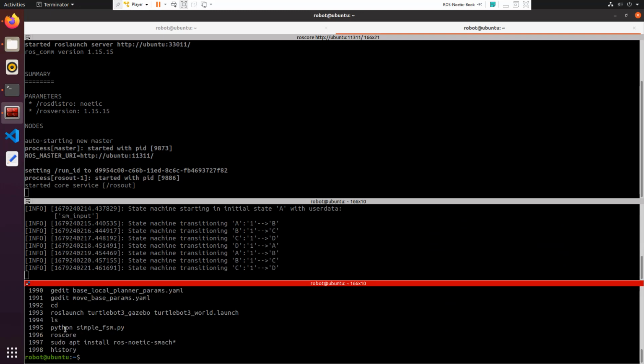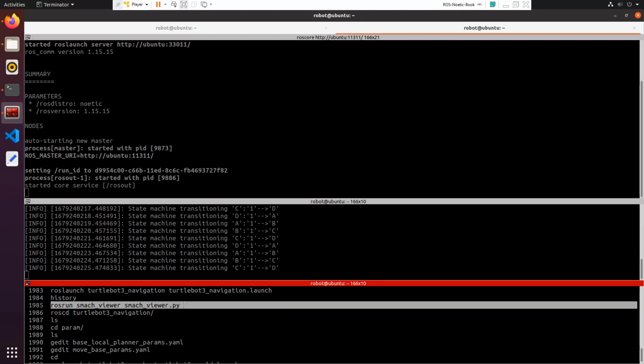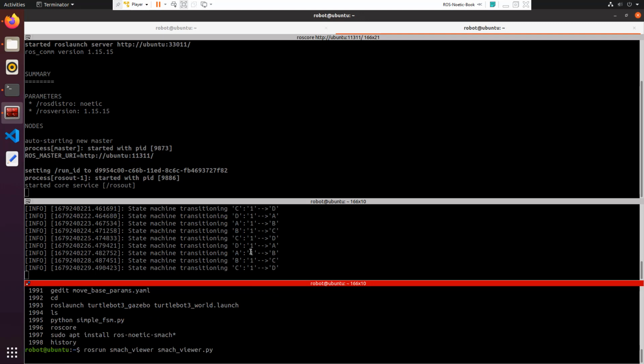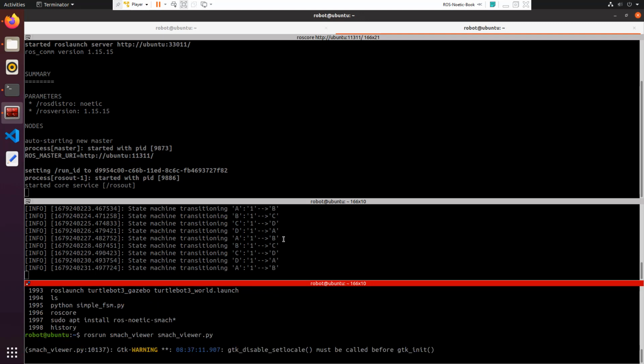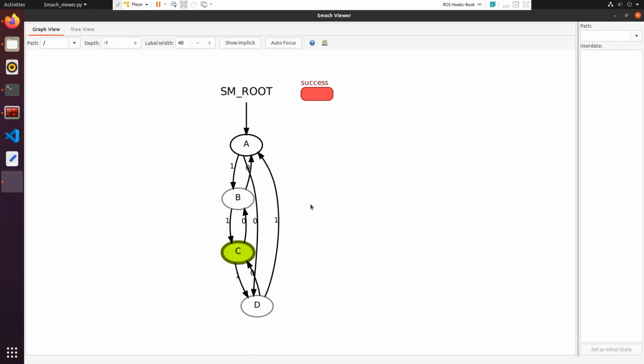Yesterday we discussed this, where we started that state machine, and this is what is happening. So this is the visualization of the state machine. We are working with a state machine library called Smash, and Smash will help you to create states, and we can add these states to the state machine, start it, and also